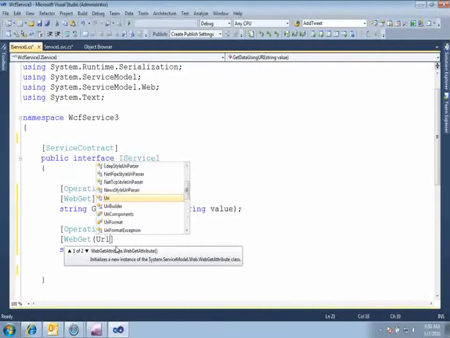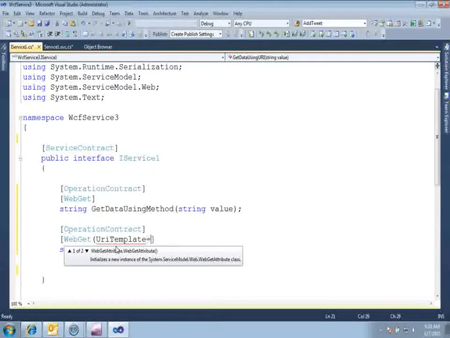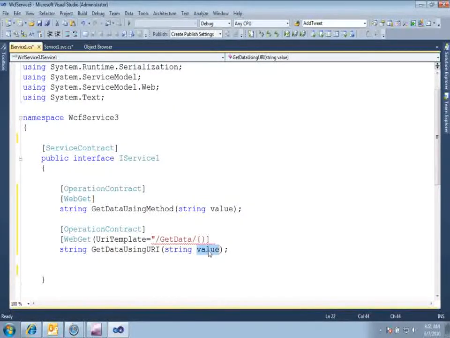So the URI will be UriTemplate equal to, let us say, GetData. And then since we have a parameter in this, if you see string value, we need to give the exact same name here as the second path of our URI, and make sure since this is a parameter, it should be in curly braces.